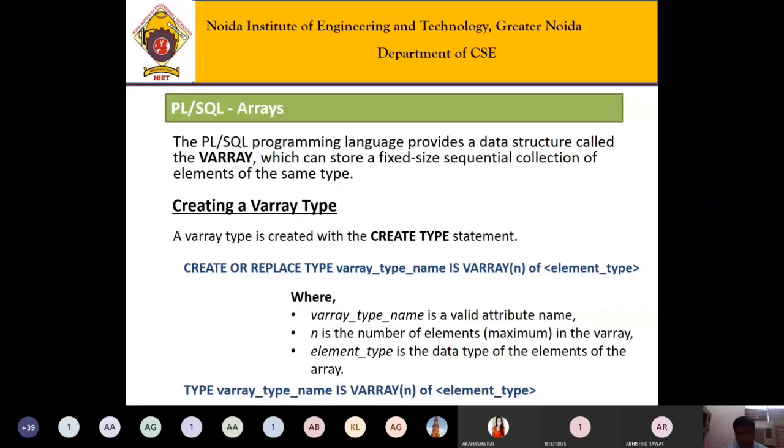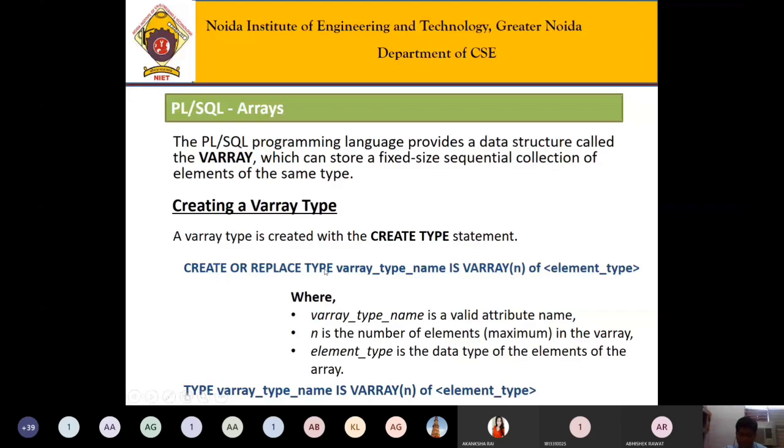Then we write the array type name, which is used for what kind of array it is. Then VARRAY is a keyword that defines an array of n elements, where n is the number of elements. What is the type of that element? So we have to write the element type.